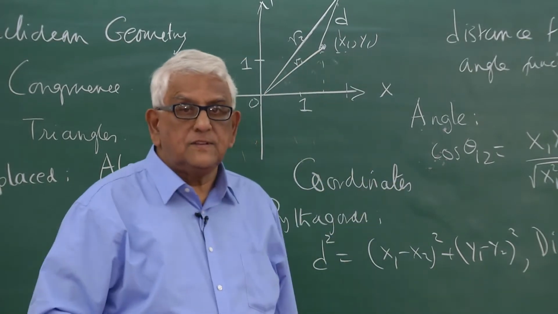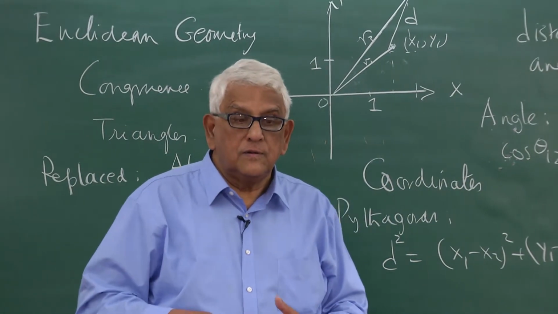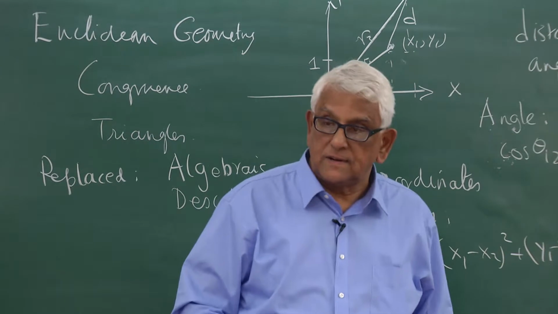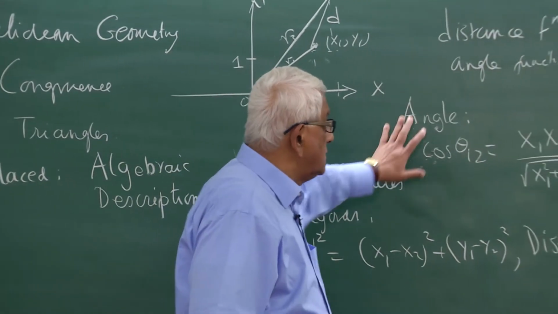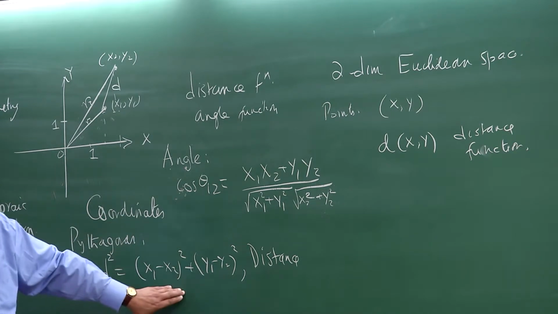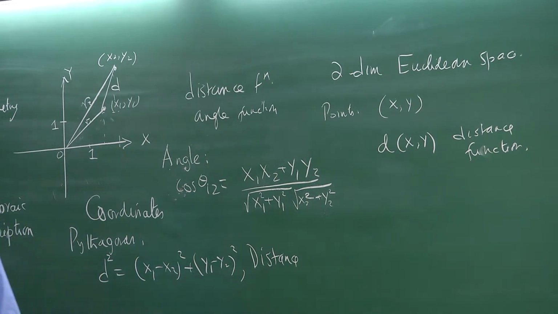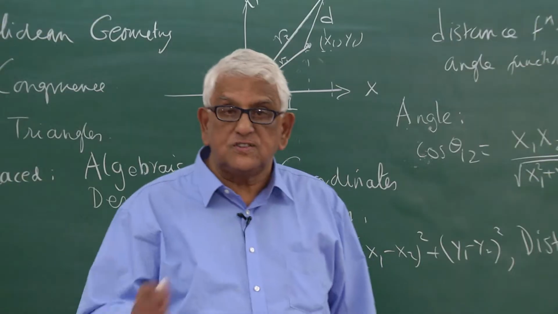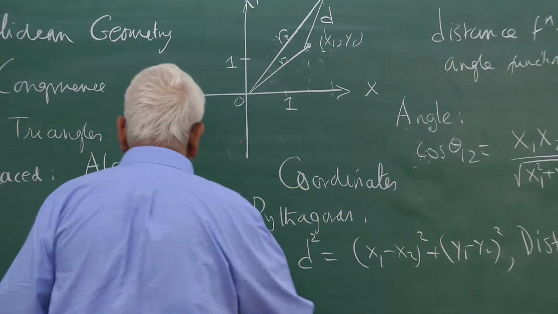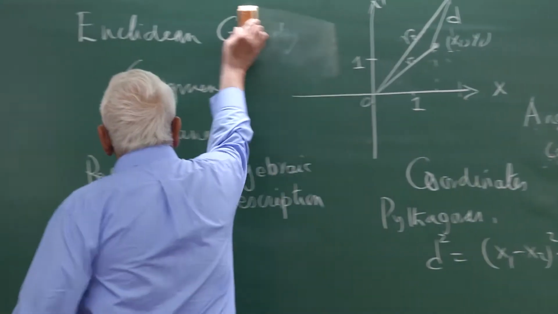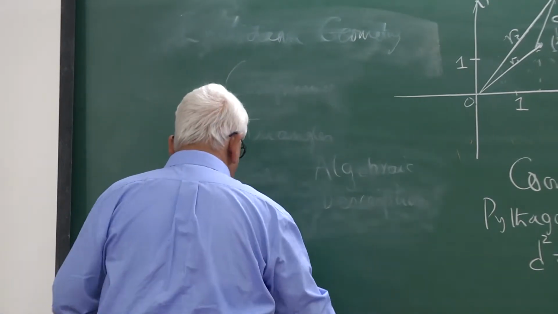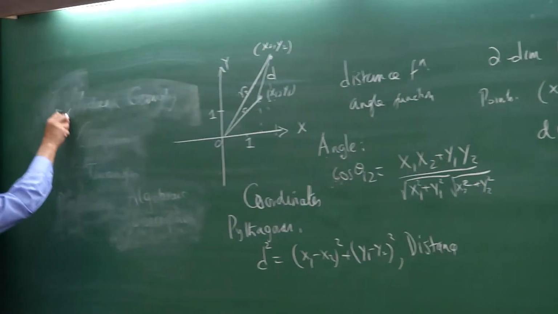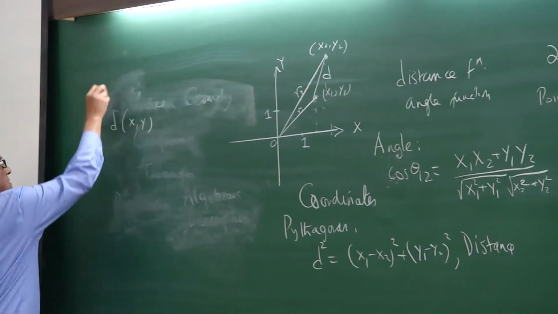So, there is an easy way of generalizing geometry, and for each case we can define the distance by this. This distance function d between 2 things, the distance function